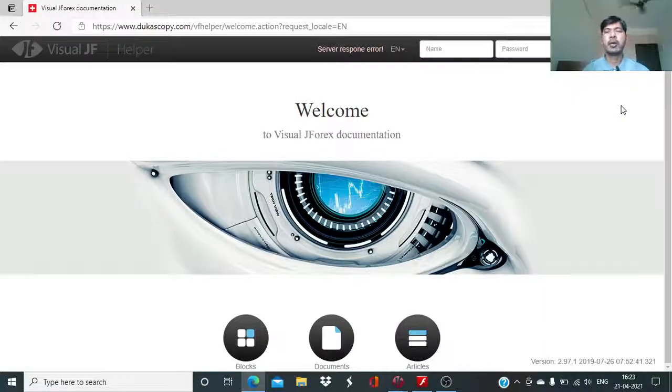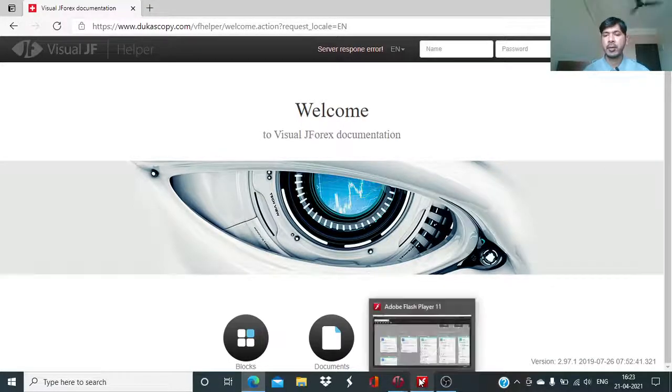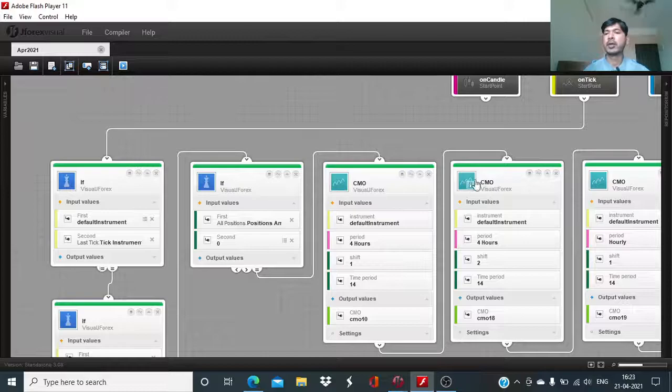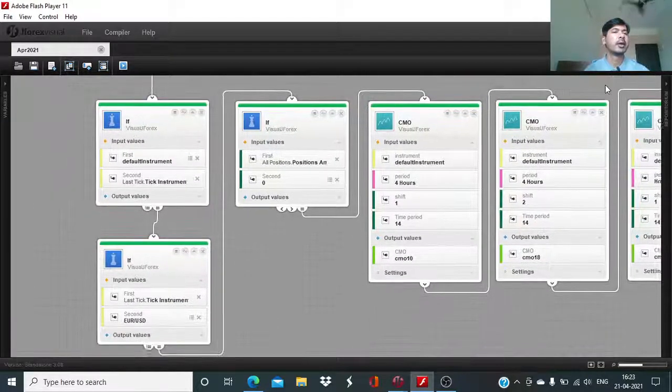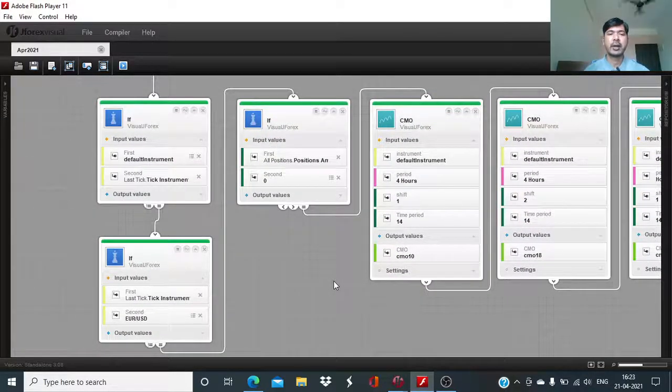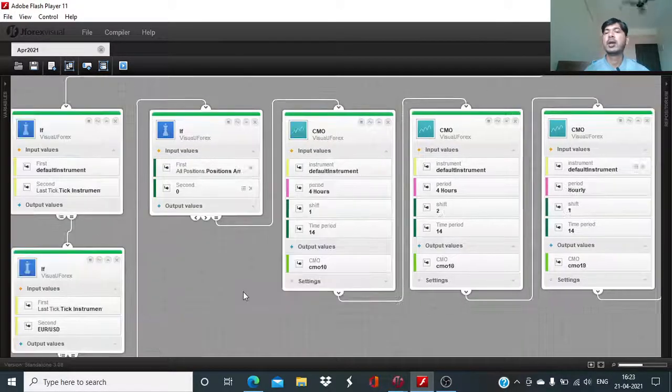Myself Vaibhav. In today's session of Visual Jforex, we will be continuing our algorithm development using the indicator named Chande's Momentum Oscillator (CMO). Straight away, we will be heading to the Visual Jforex board, where in a prior session I had done the instrument subscription,